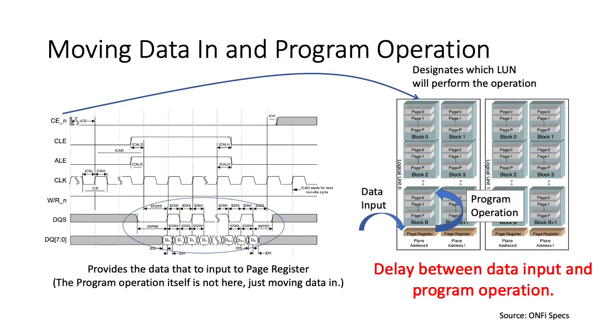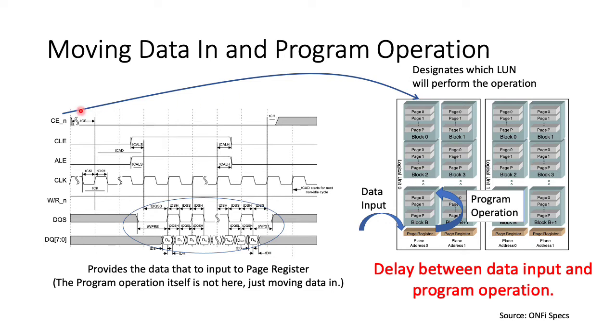Let's see one example of how the flash controller interacts with the package. What I'm showing here on the left side is called a waveform. You can see the control signals over here and the data signals over here. And I promise this is the lowest level detail we're going to see. Don't worry too much about understanding every single aspect of it. I just want us to get the gist of it and how the flash controller is supposed to talk to